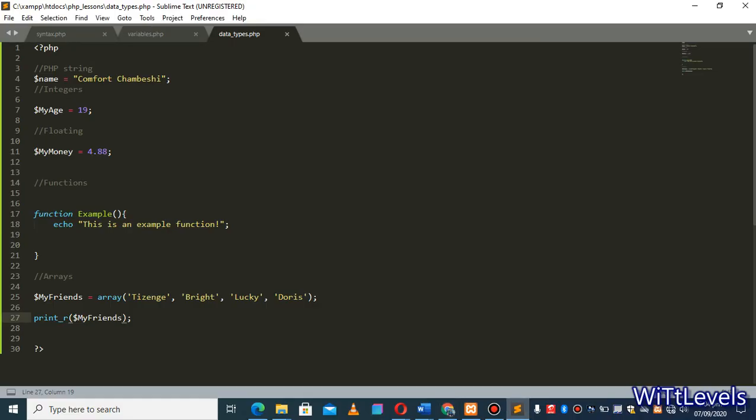Okay, here we are. The arrays start from zero index up to the maximum limit of the given data. So here on index 0 we have Tizenge, on index 1 we have Bright, and on index 3 we have Doris. So that's all in this tutorial on